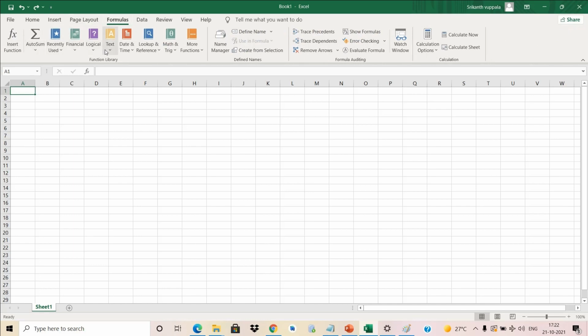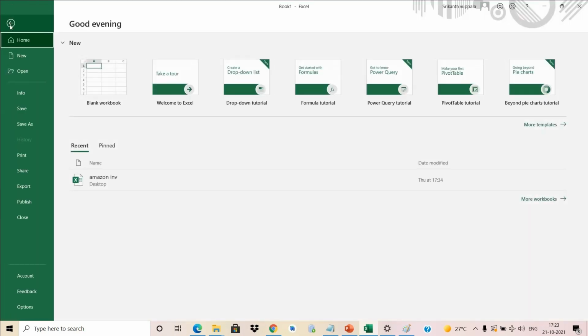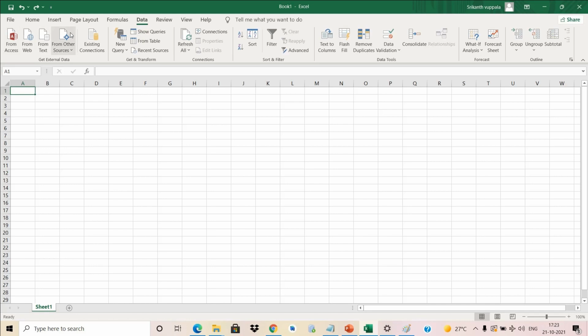You can see there are many formulas available in Excel which are used for data analysis. If you go into the data tab, you can see many options again, which we are going to see in our further classes. These are all the items available in the ribbon items, or file tab menu.